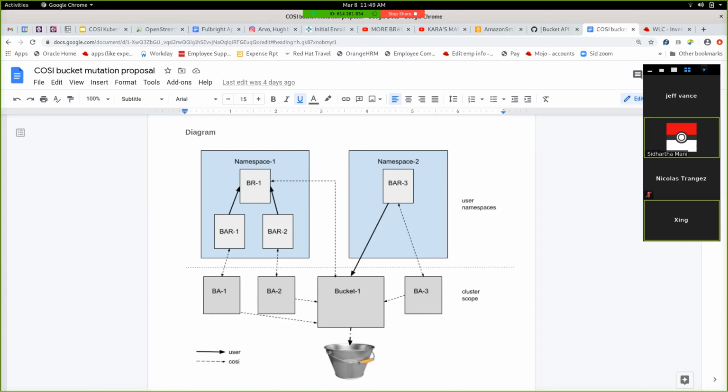Correct. And so the validation has to enforce that, and then assuming you have an additional level of validation that makes sure that the thing you point to is actually there, you've got to go look in the appropriate place. I agree, that type of validation would make sense to me. Although I don't know if you'd want that to be synchronous or asynchronous validation, because sometimes it's okay to create a BAR that points at something that doesn't exist yet,